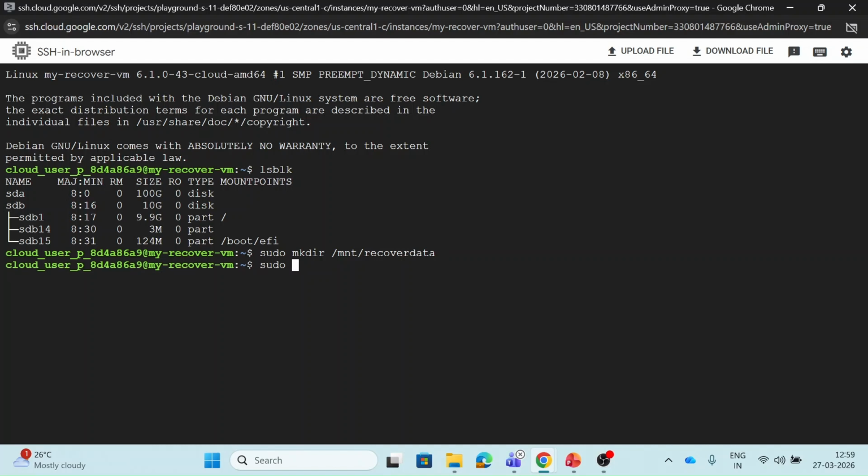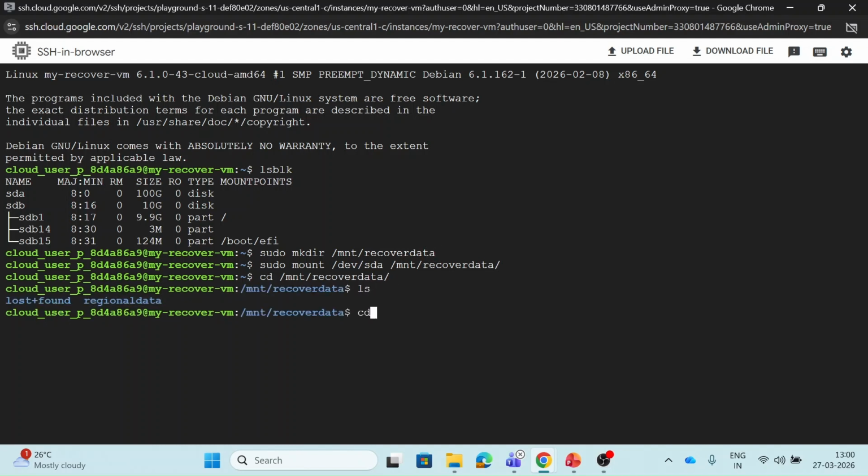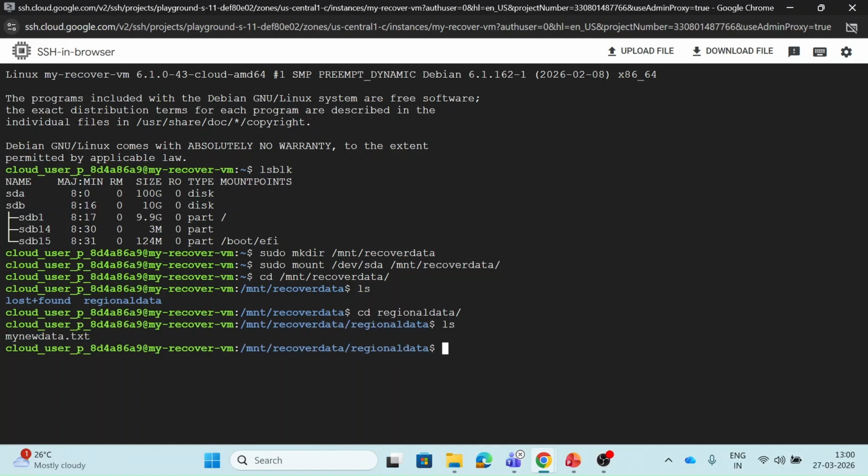And now let me mount this: sudo mount /dev/sda to my mount recover data. I'm not using fstab in this part because I'm just showing you, but please include a Linux person who knows how to do these things. And if I do ls, I can see the data is here. If I go to cd regional data, I can see the file is here. Let me create a new file, sudo touch recover data.txt, something like that. Now what I'm going to do,